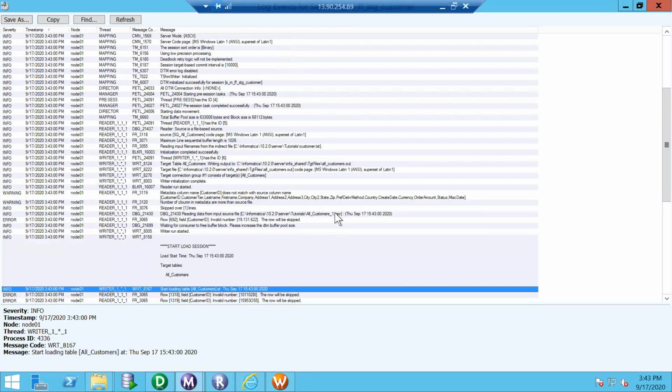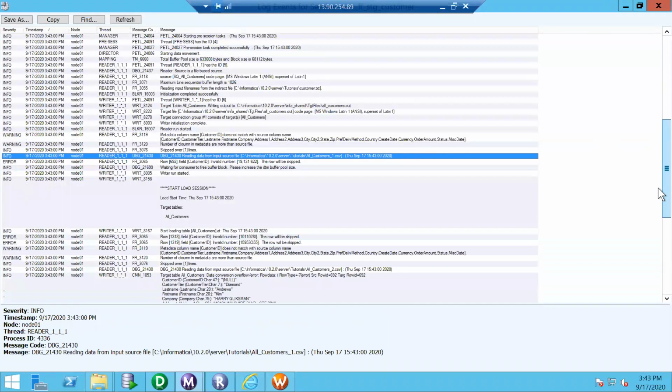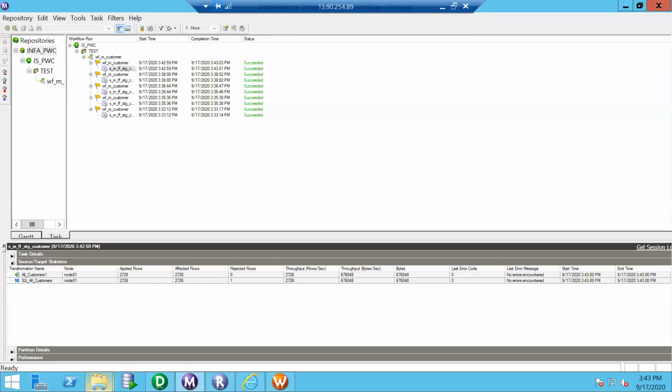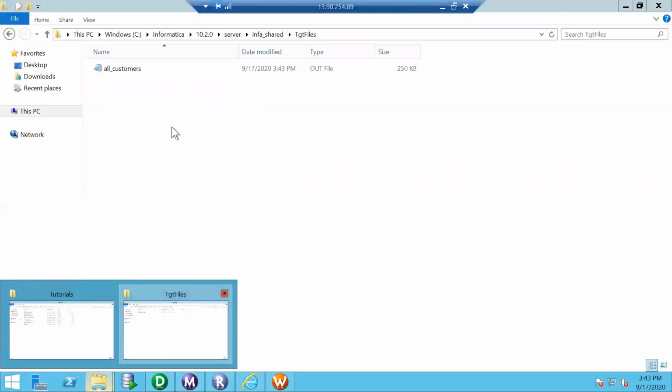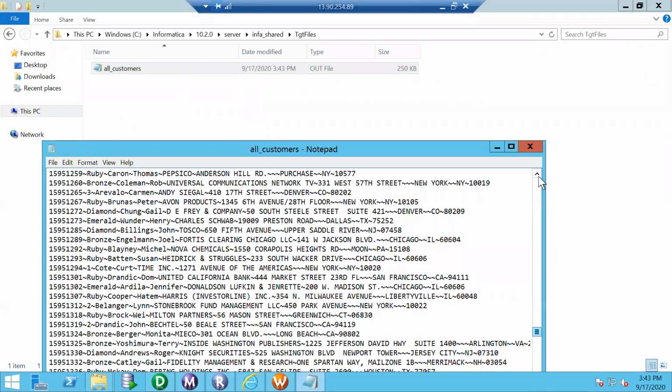So here it read the data from all customers 1.csv and it read the data from all customers 2.csv as well. Now, since our last setting was tilde, it will continue to be tilde. So this is another way of loading flat files.